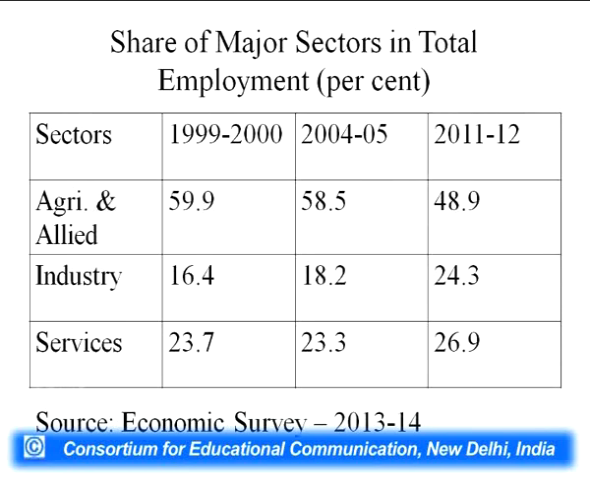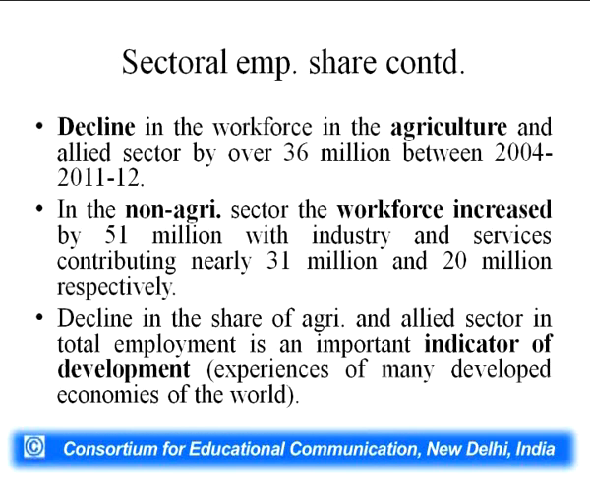This table exhibits the share of major sectors in total employment in percentage terms. We can see that the share of agriculture and allied activities in total employment has been declining since the year 1999, and it has declined from 59.9 to 48.9 during the year 2011-12. The share of industry, on the contrary, has increased, and the share of services has also increased. The decline in the share of agriculture and allied sectors in total employment is an important indicator of development,